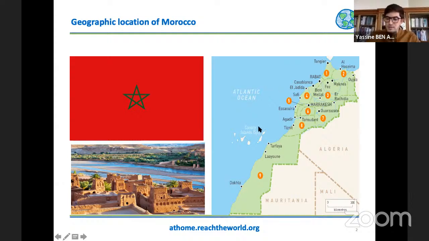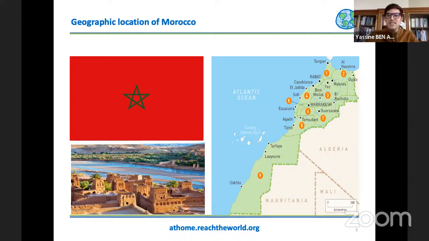The official languages in Morocco are Arabic and Tamazight or Berber. On the left, you can see the Moroccan flag. You can see two colors, red and green. The red background represents hardness, bravery, strength, and valor. And the green represents love, joy, wisdom, peace, and hope. It also represents the color of Islam, and the pentagram represents the seal of Solomon. The 5 branches also represent the 5 pillars of Islam.